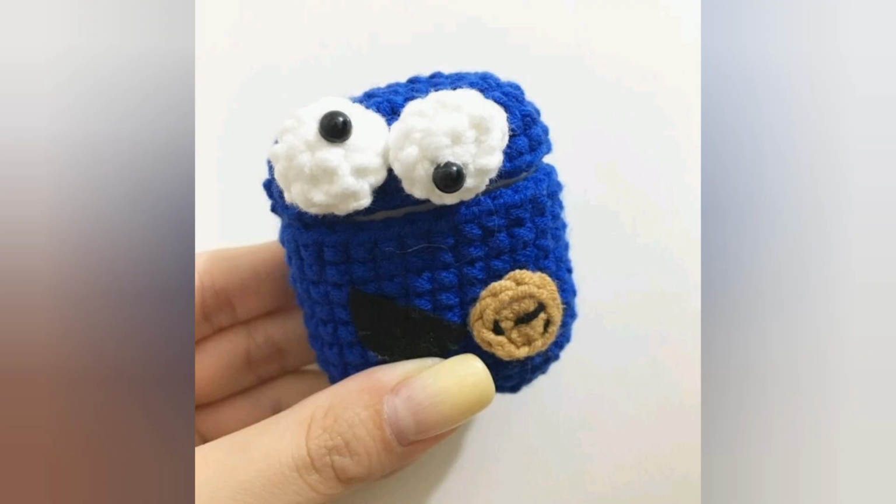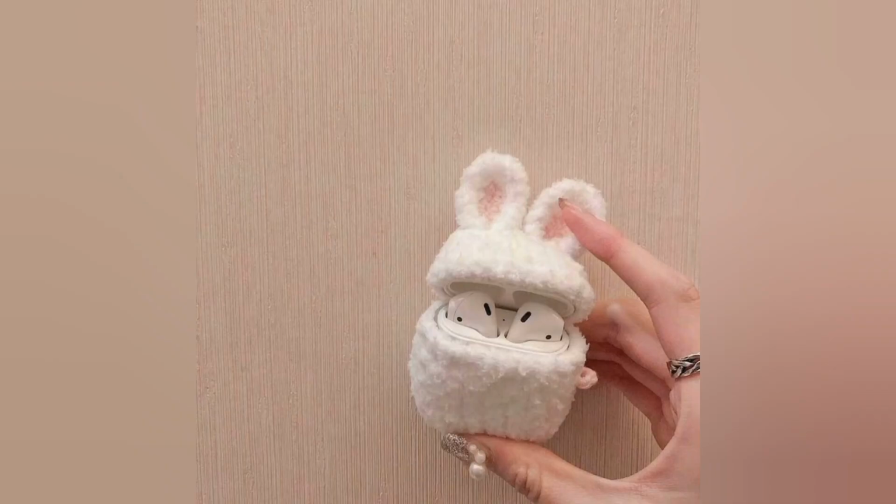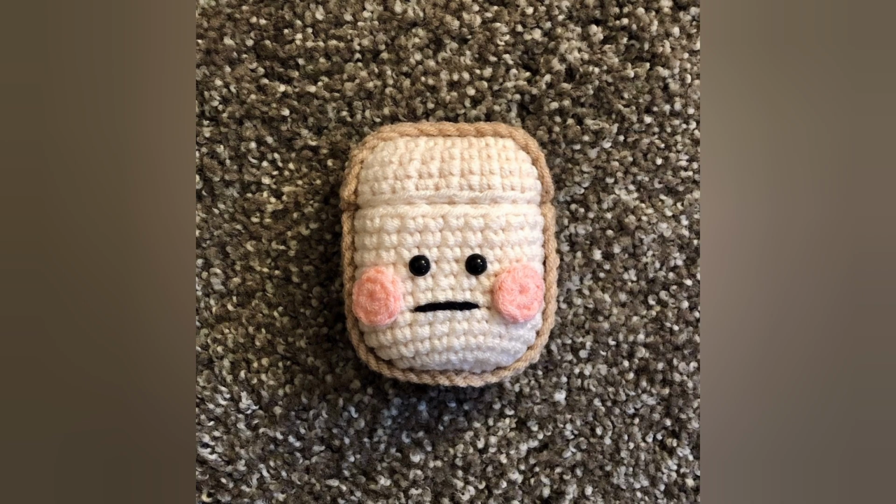The next step you can do is put the top part onto the lid. First, to put the top part onto the lid, make sure to put it facing the right way. This will differ with different AirPods and different cases. A general rule of thumb is to see where the print lines